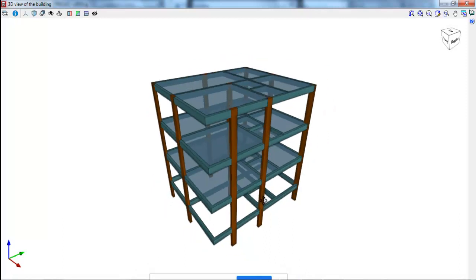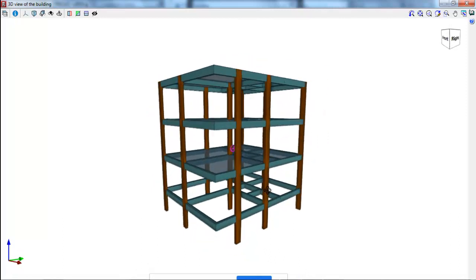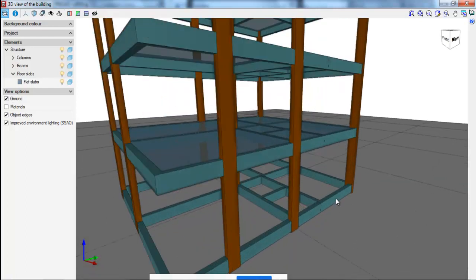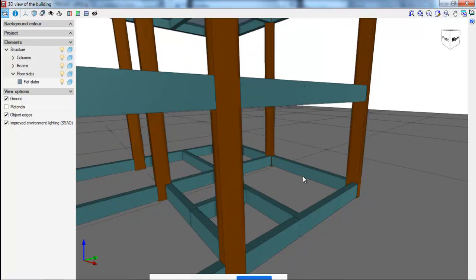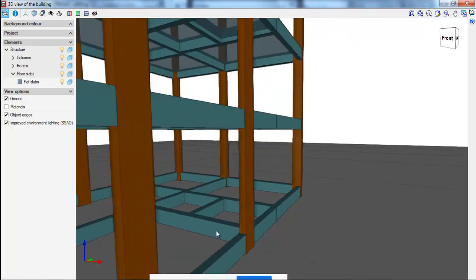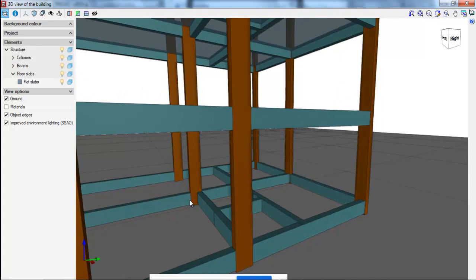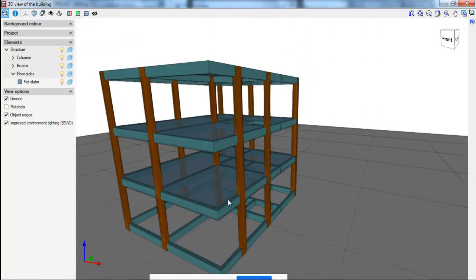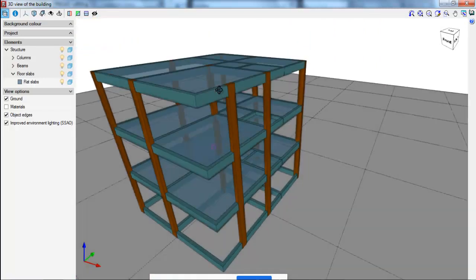This 3D view shows very clearly that there is a foundation level, and then we have a plinth level, and you can also switch on the ground level here. You can see this is the ground level, and there is a plinth beam above the ground, and we are going to do the filling of this ground floor level with earth filling, and then we put plain cement concrete and then floor finish tiles, and that's what makes a ground floor. And then this is the first and second floor, and this is the roof level here.